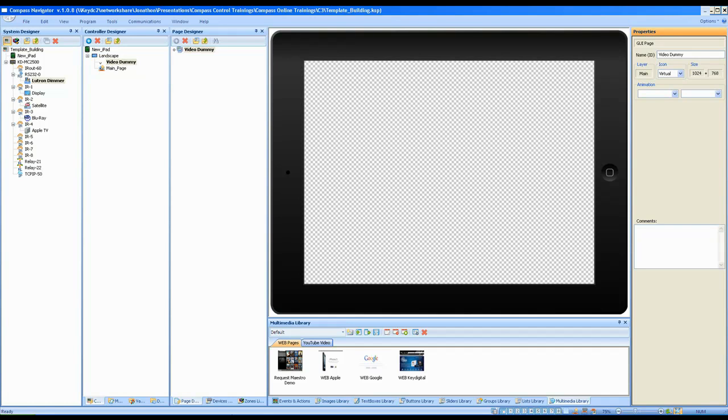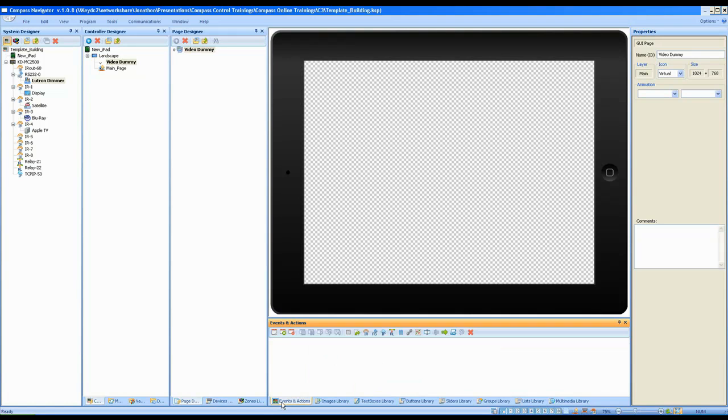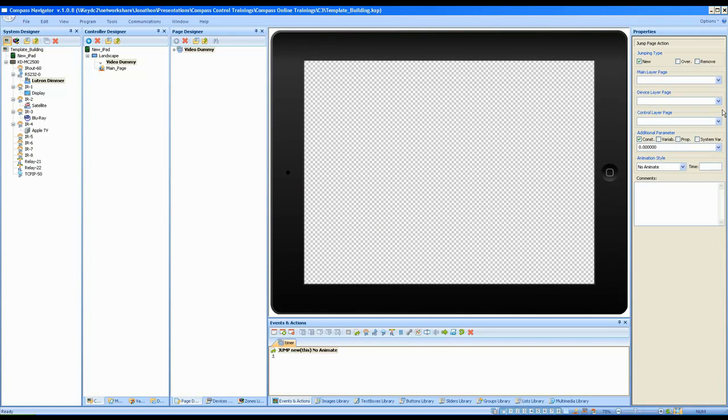what I'm going to do actually is right off the bat add an event in action to this page, to the page itself. And on a page, your only option for event in action is a timer, because there's really, we're not pressing anything on, we're not pressing the page itself to trigger these events in actions, are we? So we're going to add an event in action. It's a timed event in action. This is going to be a page jump, okay, within this page, and we're going to jump to our main page. Okay, and the main page here,